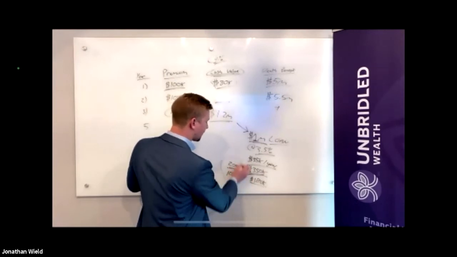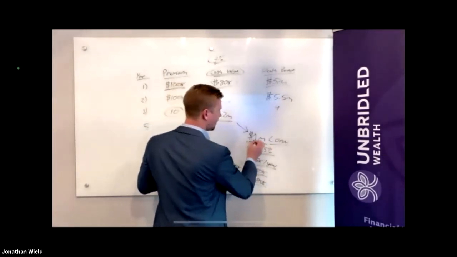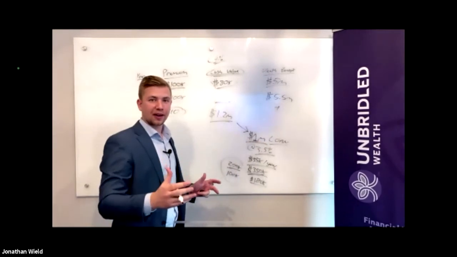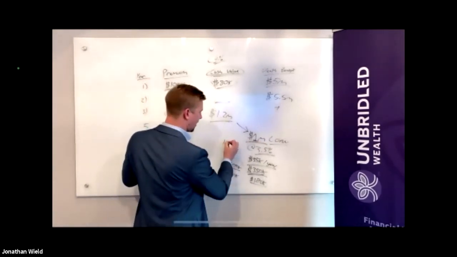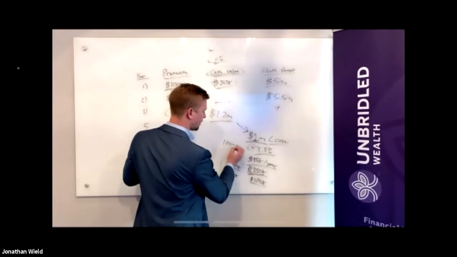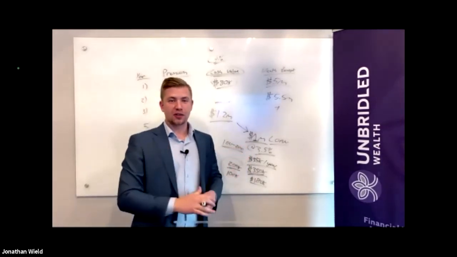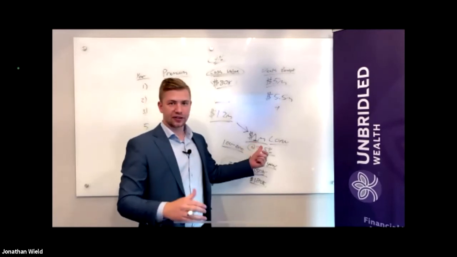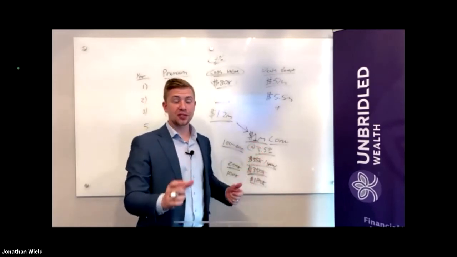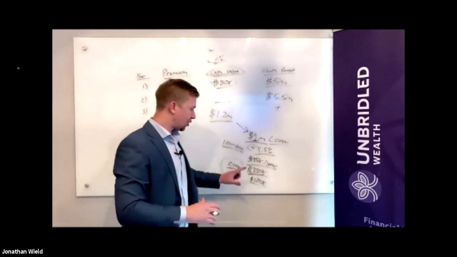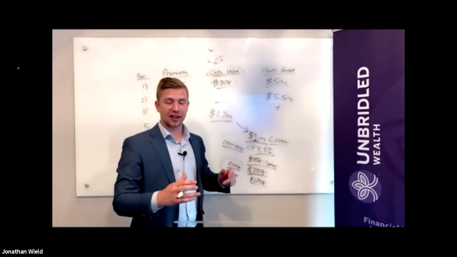So your expense over this 10 years of using the $1 million, depending on whether you're paying it back or not, is going to be somewhere in that $100,000 to $200,000 range. Hopefully that makes sense. So your expense was 100 to 200 grand using that $1 million over 10 years. Positive arbitrage is this. You have an expense, but you've also got a gain at the same time on the